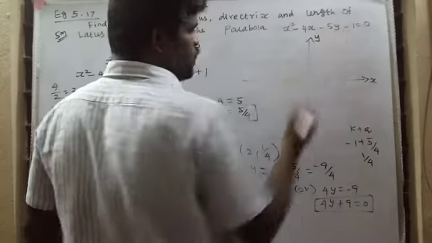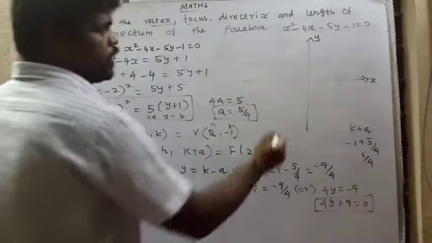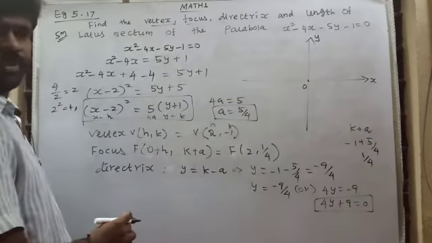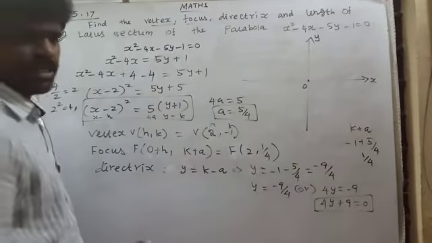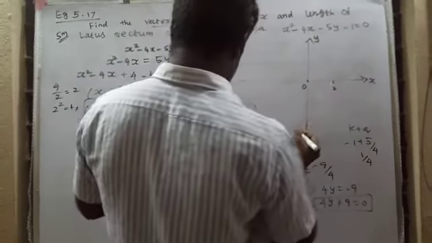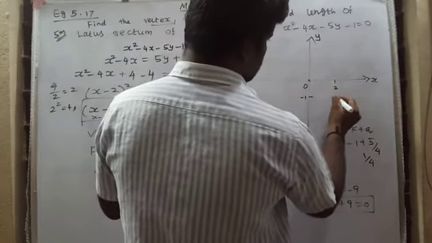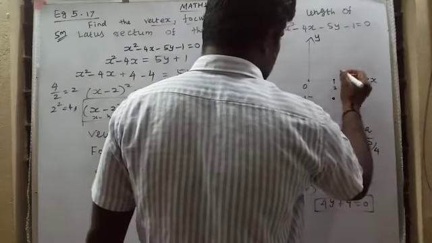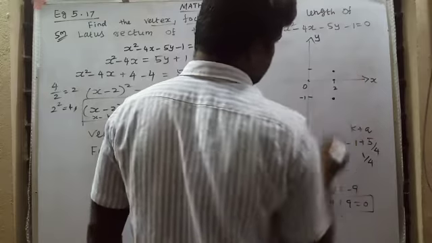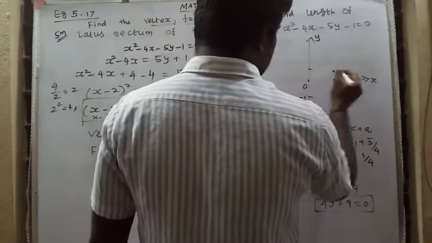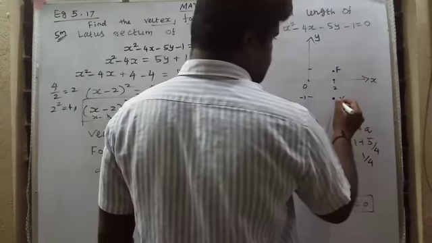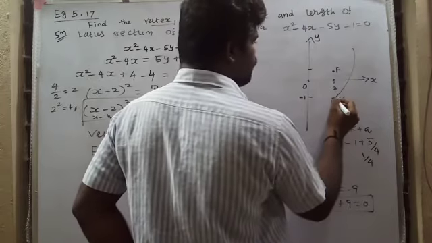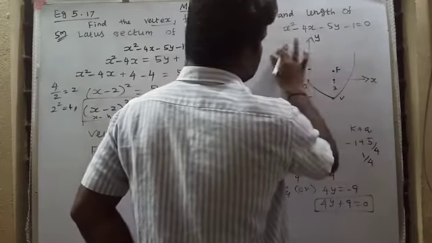This is the x-axis and this is the y-axis. We want to draw a correct diagram. This is the origin and we want to mark the vertex. Here V equal to 2 comma -1. The x-axis distance is 2 and the y-axis distance is -1. So this is the vertex. And the focus is 2 comma 1/4. The x-axis distance is 2 and the y-axis distance is 1/4. 1/4 is here. Because this is the focus and this is the vertex, the diagram must be upward to focus F. This is the parabola opening upward.